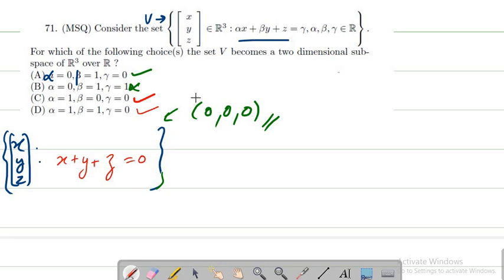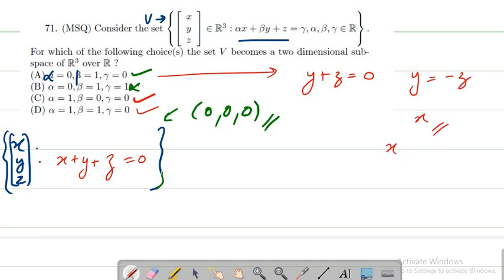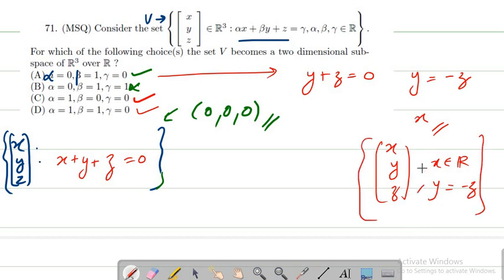So in this we have 3 correct options, and obviously in all the cases we have two-dimensional subspaces, right? Because if you take the first case, what we got was something like y plus z is equal to 0, or we got y is equal to minus z, and x could be anything. So if you take the set of all x, y, z with the property that x can be any real number and y has to be minus z and both have to be real numbers, then if you take a set like this, what is the dimension of this particular set?